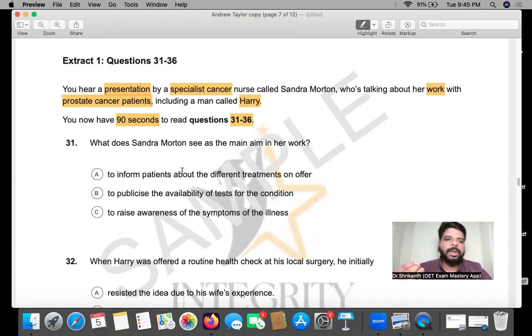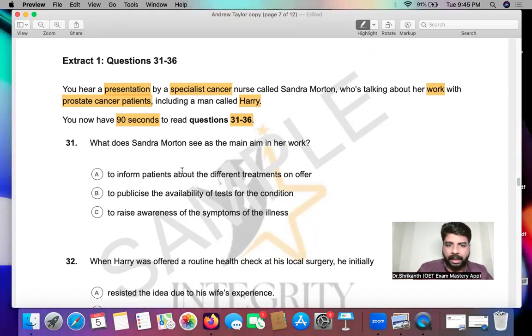Now, when a student is reading like this, remember, you are not doing listening at home, you are doing listening part C in an examination hall. So there is exam nervousness, there is exam anxiety. You may have made mistakes in listening part A and listening part B, so you're a little bit frustrated and also a little bit tired. Listening part A took a lot of energy. Listening part B took a lot of energy.